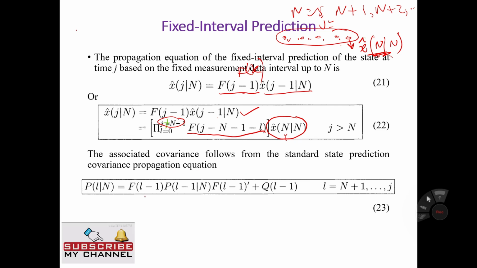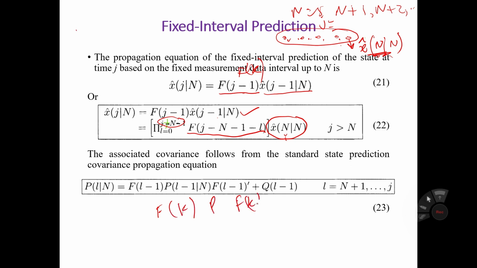Okay, again this is the same thing, F_k P F_k transpose plus the process covariance. Okay,